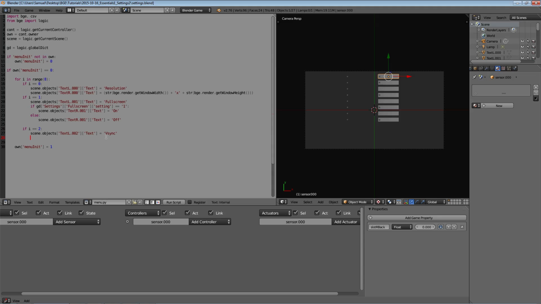So, here we have 3 settings as opposed to 2. Settings, vsync, setting equals 1. And we're going to go scene.objects right equals on. Elif, and I'm just going to copy this entire segment here twice. Change our ifs to elifs,